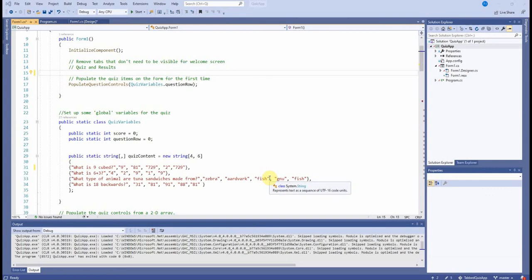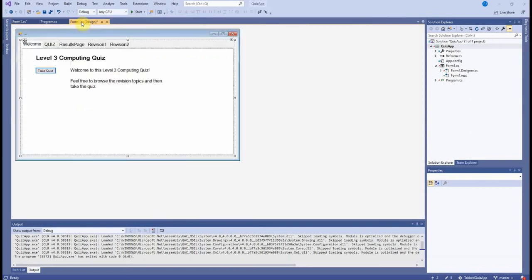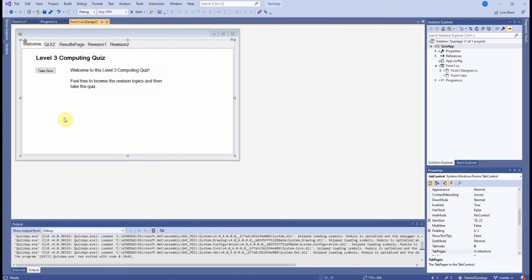Hi everybody, we're continuing to develop our quiz application. So this follows on from the last video that I put up, and what I want to show you first of all is something to do with the user interface. My form is looking perhaps a bit more advanced than yours. That's actually because I'm making this video from the finished article and putting bits in as necessary, but I've got